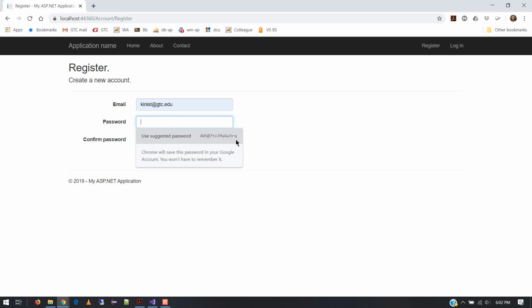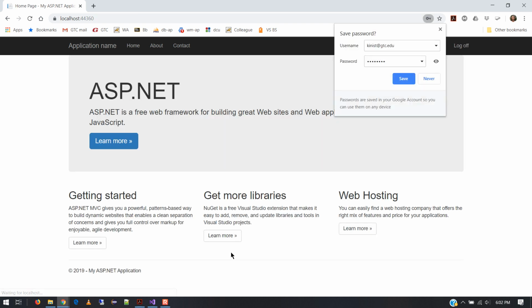Okay, so I hit the register button, and then provided I clear their validation for things, I should be okay. Now if you look up at the top here, you can tell that I am logged in, and you can see that I can actually manage my account. So I can actually click on that and go in, and notice I can change my password and manage my external logins